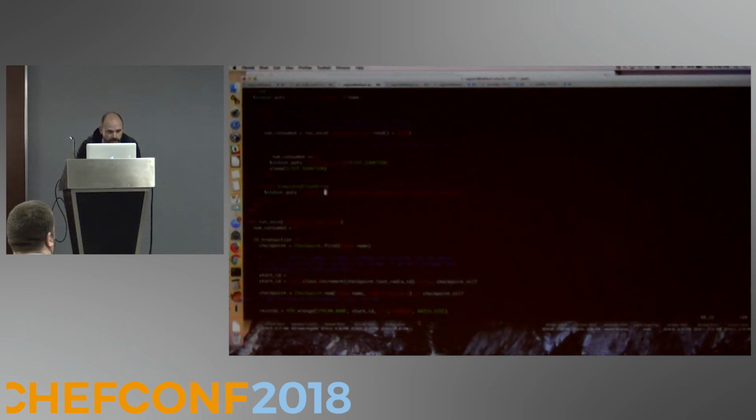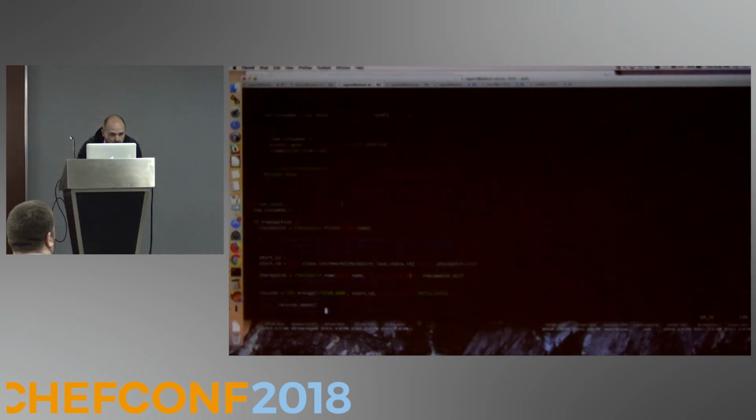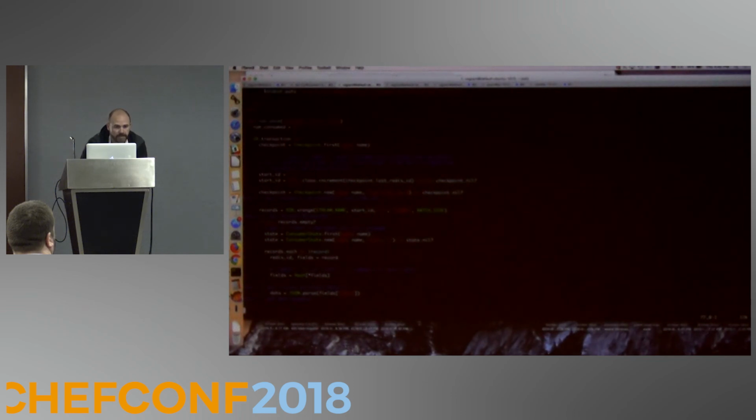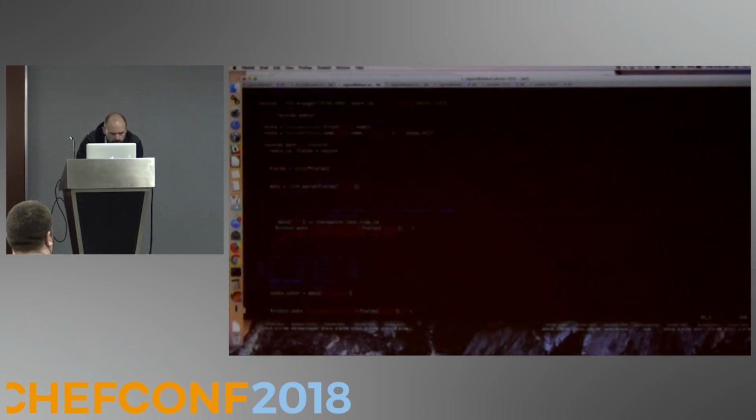It can't survive that. Here's some of the magic about checkpoints and keeping track of where we are in playing with Postgres and with Redis as we're moving along. So let's see. Let's look at something.